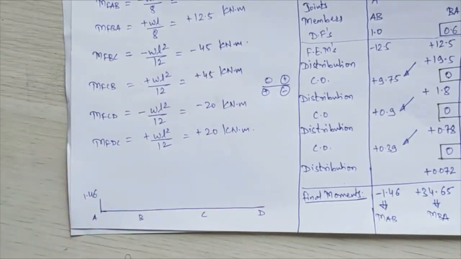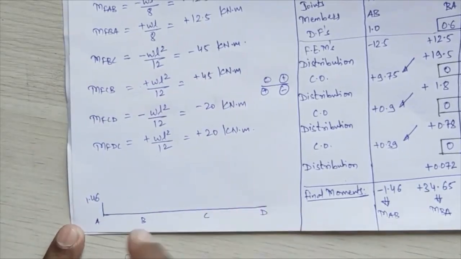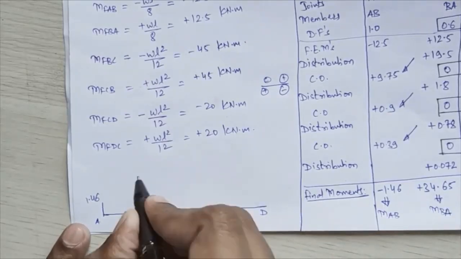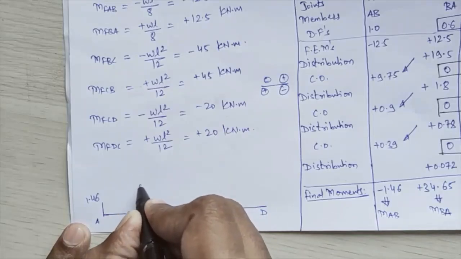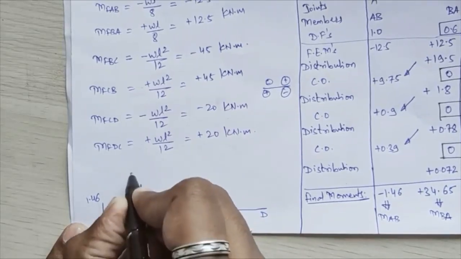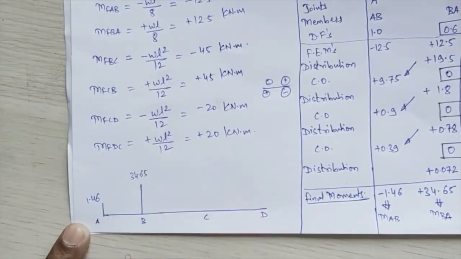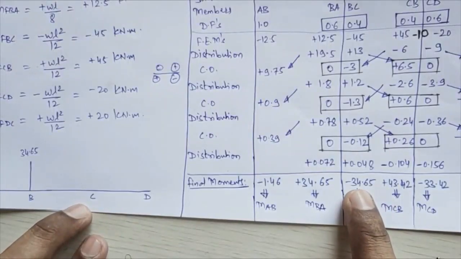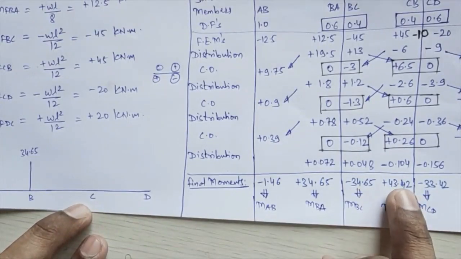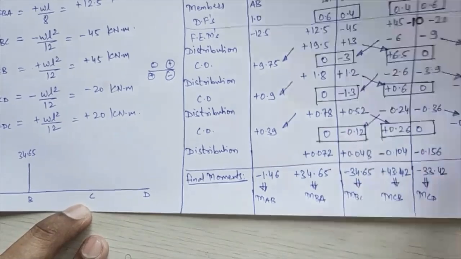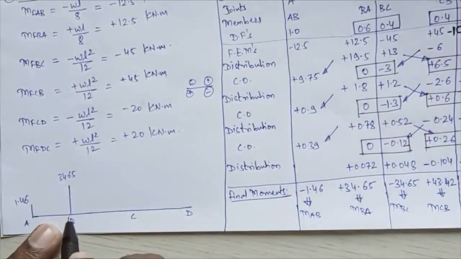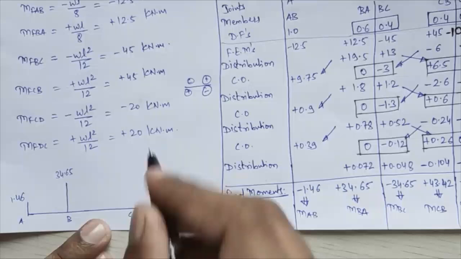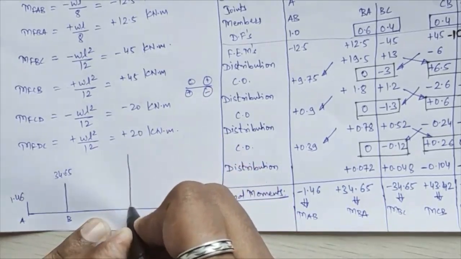1.46. Right. Next, BA moment I am having as 34.65. So again positive, so it will be plotted on the upward side, 34.65. Next, BC member now. In BC member I am getting MBC as minus 34 and MCB as plus 34. So both will be plotted on the upward side again. So minus 34 is already plotted. Just what I have to do is plot this CB moment. CB I am getting plus 43. So somewhere here it will be